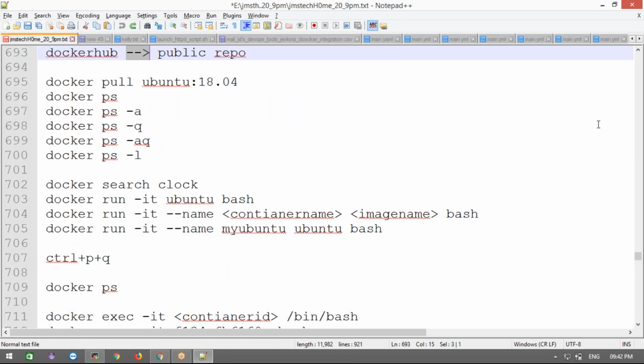All images are stored in Docker Hub, right? Now we need to create a Docker Hub account. If you want to download already existing, publicly available images, like all software, or the flavors of Linux machines, how can we download them as Docker images? We need to go to Docker Hub, search for the particular image, and download that.